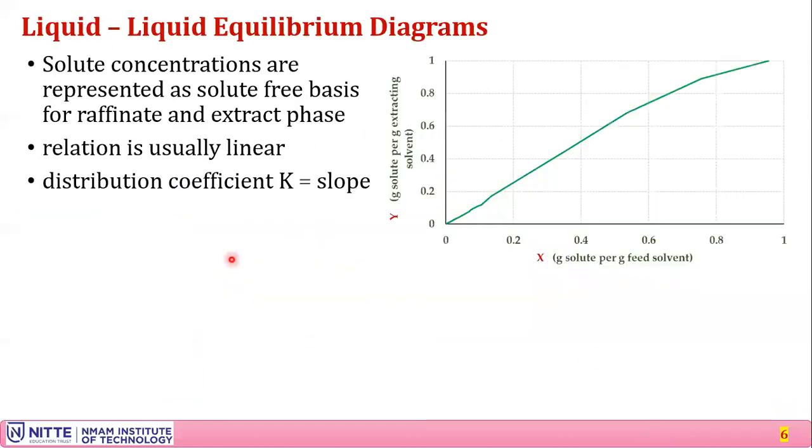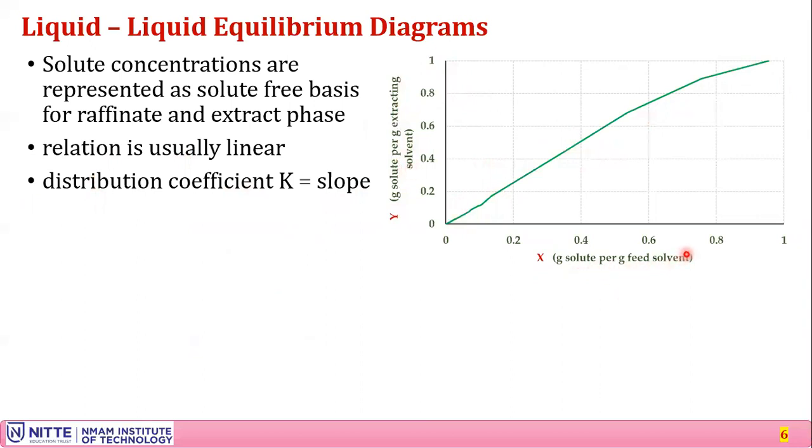Alright, we'll move on to another related topic, that is liquid equilibrium diagrams. Let us see what the important issue is over here. So a liquid equilibrium diagram roughly looks like this, but almost a straight line. The slope of this is the distribution coefficient K, that is delta Y by delta X. Y axis is Y, gram solute per gram of the extracting solvent, X is gram solute per gram feed